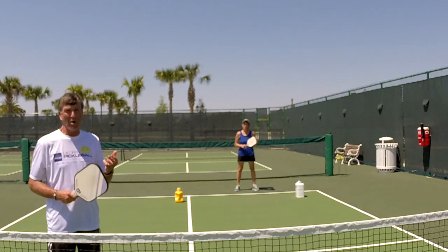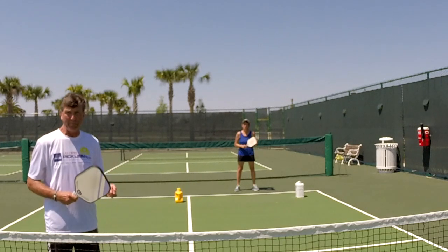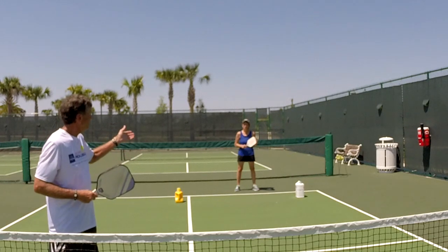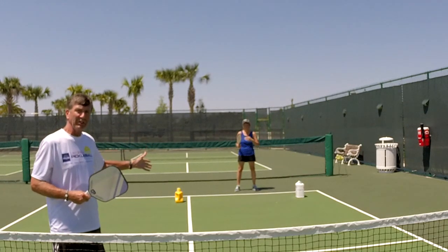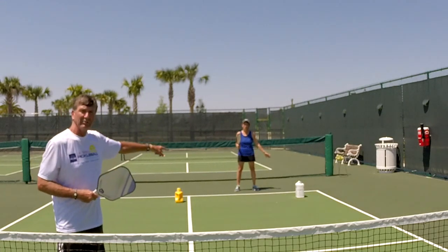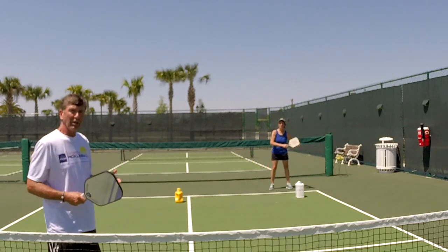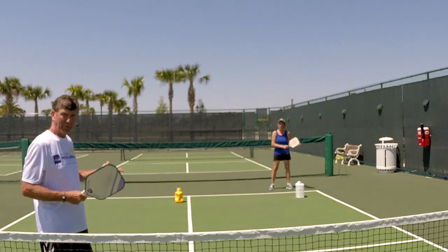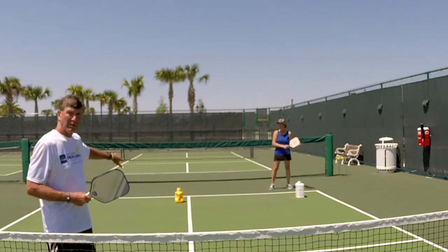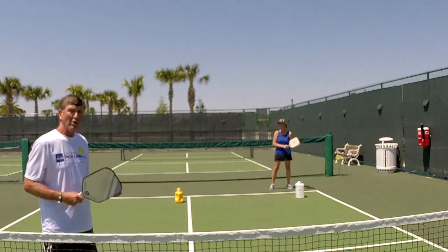So the first thing I want to make sure that I do, just like the serve, is get the serve return deep. Alright? If the person on the odd court is standing in a normal position, I'm going to try and hit their backhand, which is where the white container is. If they're standing over, protecting their backhand, I'm generally going to go down the middle, again deep, just inside the even court,